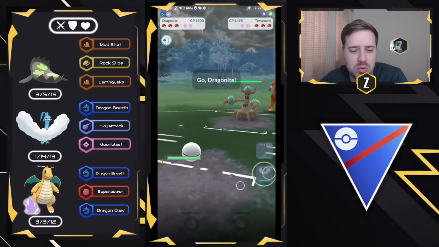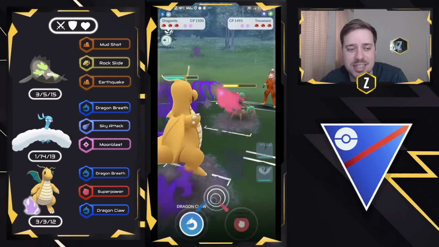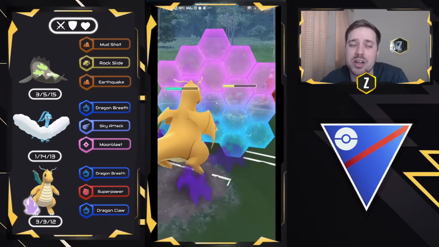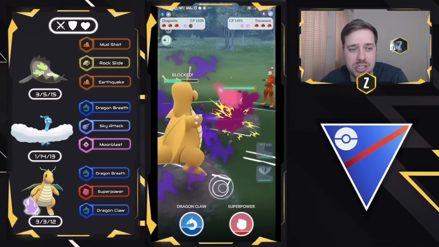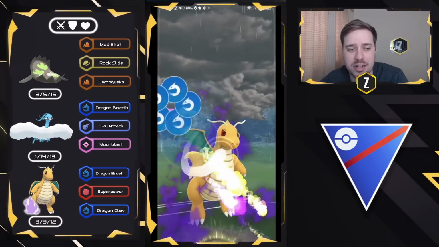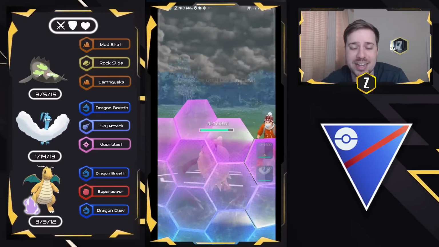Alright, we're going to go ahead and swap into Shadow Dragonite, start getting ahead on energy, and they're once again deciding to stay in, so I wonder what their backline is, as they're not swapping out. We're going to go ahead and shield the potential Shadow Ball, which it was. Perfect. That's a lot of damage stopped. We would have been one shot, and we will see Mandibuzz come in. So we're going to go ahead and go for Dragon Claw now. It does quite a bit of neutral damage,